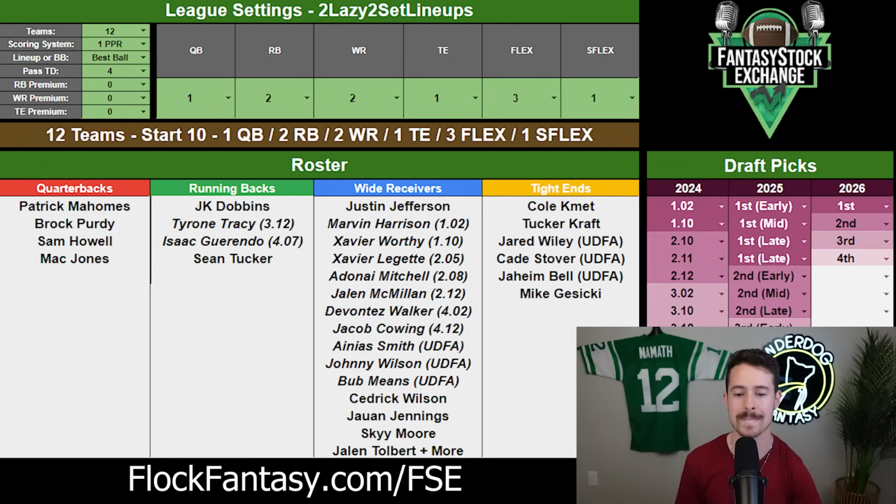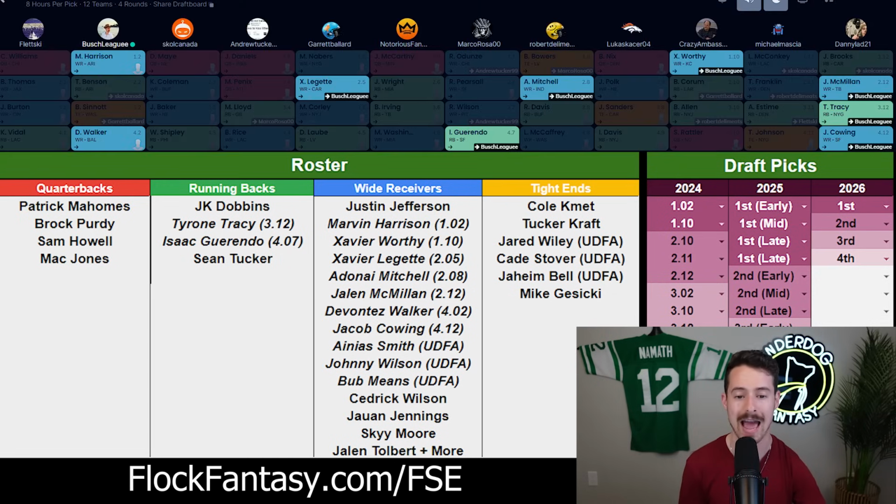Wide receivers was a massive, massive focus for me in this rookie class, given the strength of this class and given that I own a lot of next year's class. I have 4 1s next year, I have 3 2s next year, and I have 2 3s next year. And it is expected to be a better running back class next year. So my priority was to go along with Justin Jefferson, who I already had,